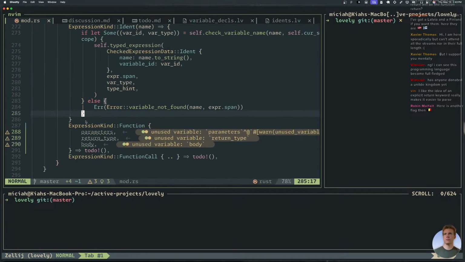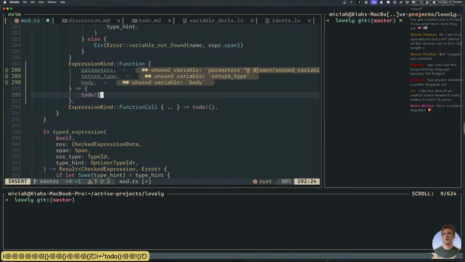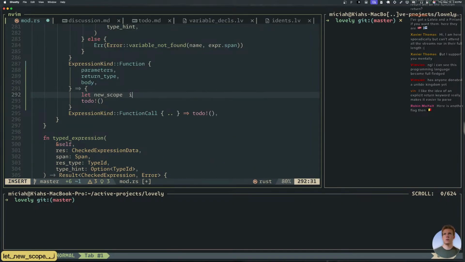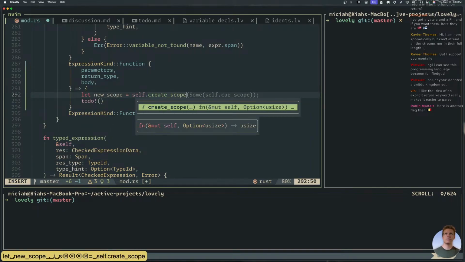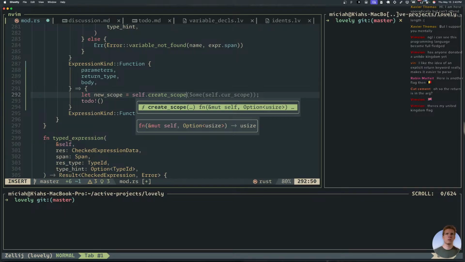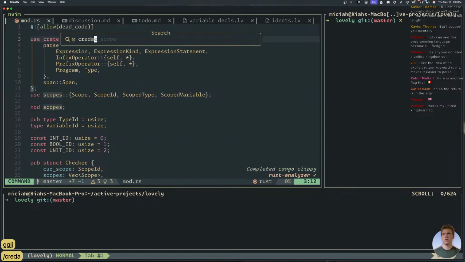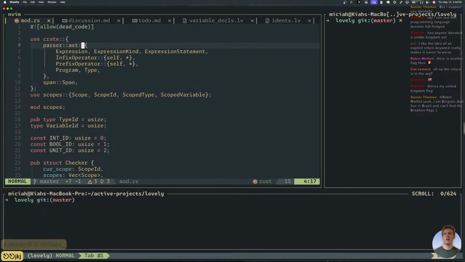So in here we're gonna say let new scope equals self.create scope. What is this optional usize? Oh, that's the parent scope, no? Create scope. Yeah, parent ID. Okay, gotcha.